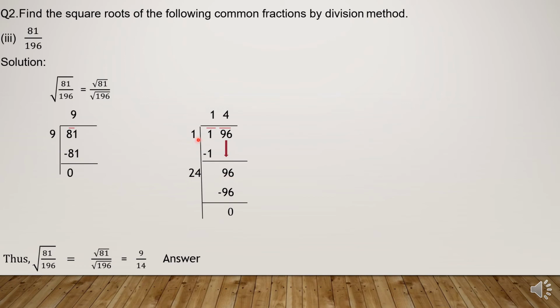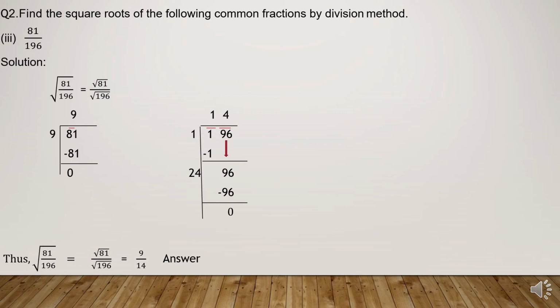Here what should you write? 1 plus 1 will be added and you get 2. Now what you have to do with 2, you guess. This 2, from where does this 2 come? 1 plus 1. You will add this one in this one and from here you get this 2. Now with 2 you have to guess a different number. If you guess here 3, then you have to multiply 23 with 3. 3 3s are 9, 3 2s are 6. 69 is much smaller than 96.